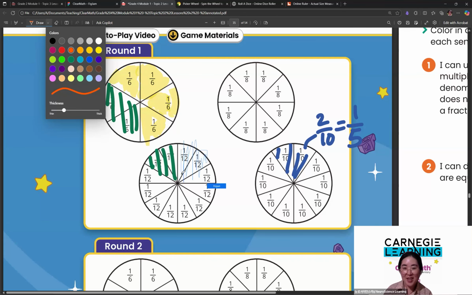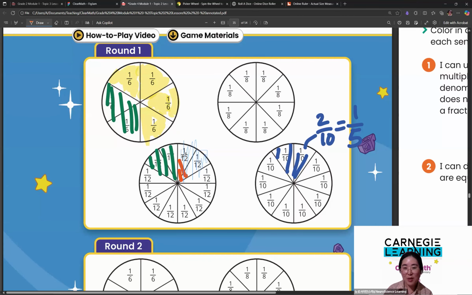That's right. So if you shade 1/12 twice, Levi, look at this. If you shade 1/12 twice, you get 2/12. And if you divide, 2 divided by 2 is 1. 12 divided by 2 is 6. So 2/12 is the same as 1/6. You got it? Okay. Now,